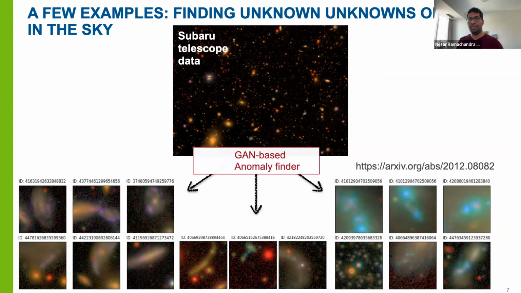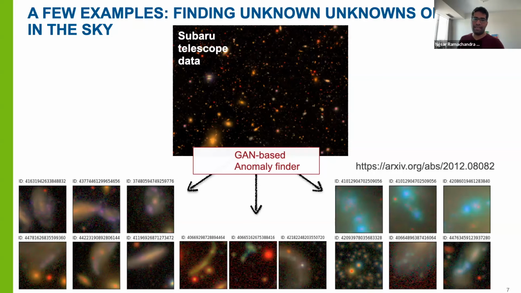But if you actually look at billions of objects, you'll find very few objects that are anomalies. And there are an extremely low number, and it's often not very easy for somebody to sift through all the billions of images and find these important or interesting ones. So we managed to build this GAN-based anomaly finder. Essentially, it looks at the latent space coming from the GAN and finds out what are the anomalies in the latent space. Just from the observation data, we managed to find a whole bunch of